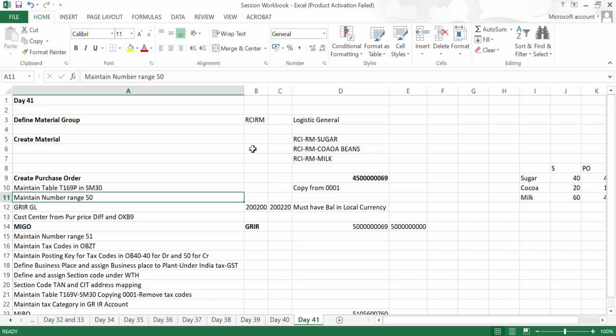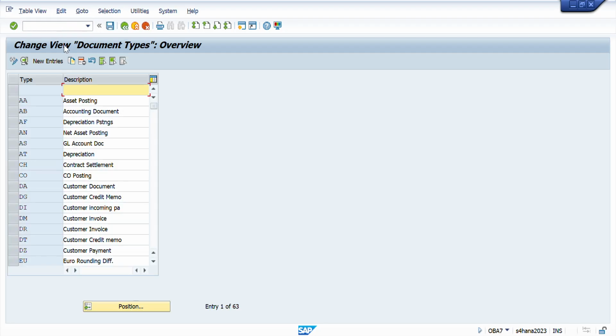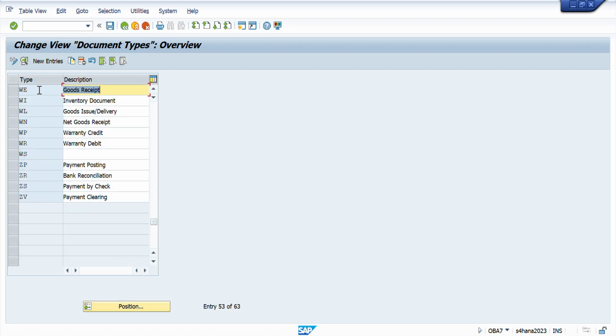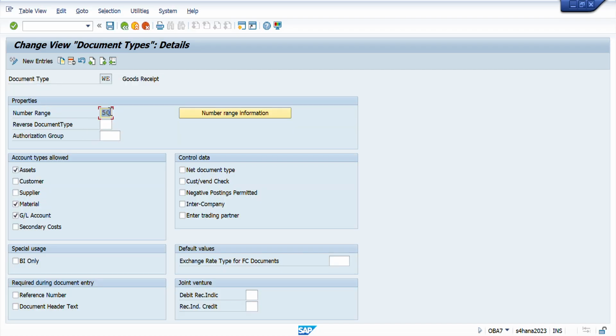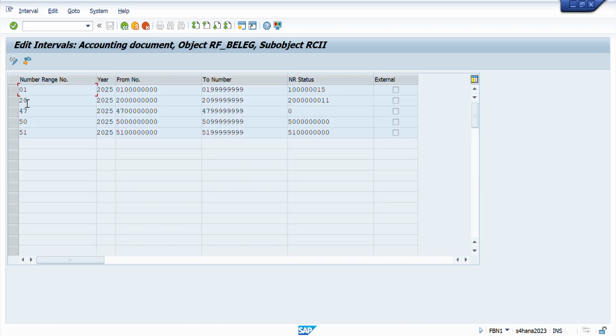The next is maintaining the number range. As we know, during the GRIR, the document type that is used is WE in standard SAP, and for this we have the number range as 50. That's what you have to maintain, the number range also as 50, which is what I have maintained over here. Now going back,